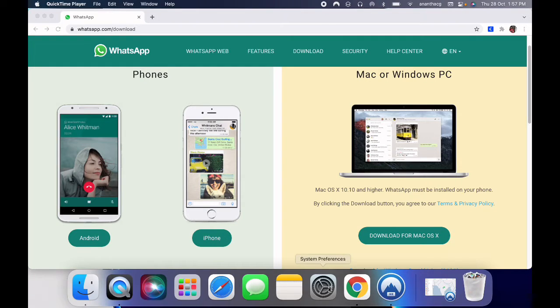And today I'm going to show you how to install WhatsApp Web on your Mac operating system. Okay, let's get started. So first, what you should do is open the link given in the description, and